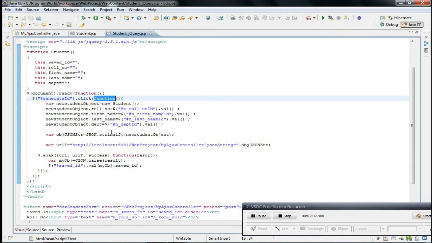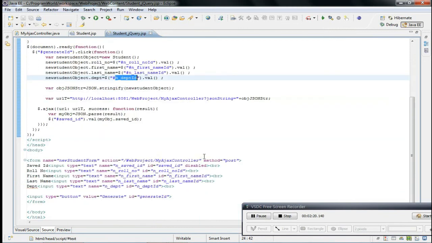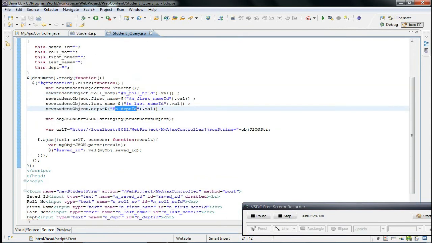In the click function I have defined the function that will be called on click, and then I am creating a new student object, and then by jQuery selectors I am taking all the element values from that form, including the roll number, first name, last name, department, everything I am retrieving from the form element